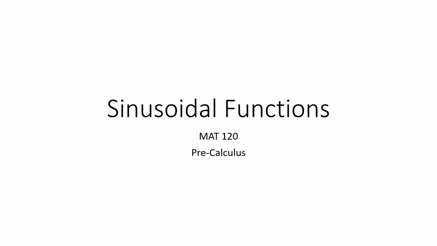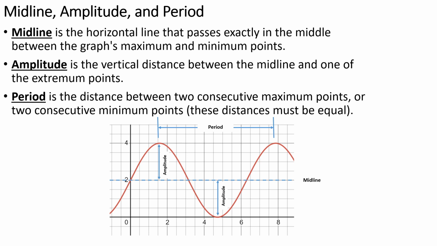Sinusoidal functions. When we look at a sine wave or a cosine wave, what we have here is a series of ups and downs, basically, but we have names for these ups and downs. If you notice here, we've got a distance which is consistent from here at the very bottom up to the highest part. This, by the way, the top part, which repeats over and over at 4 here, in this case,